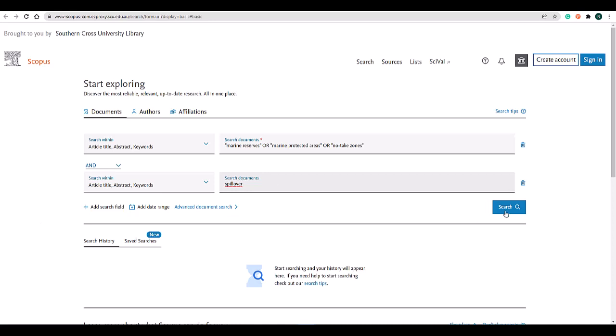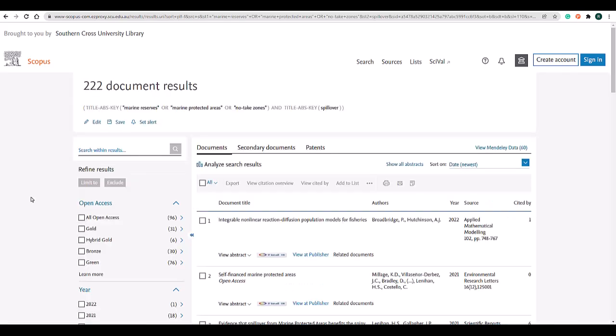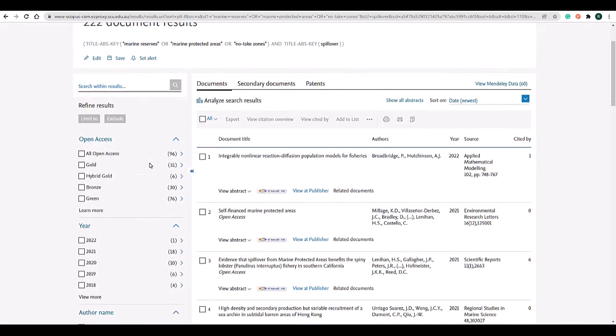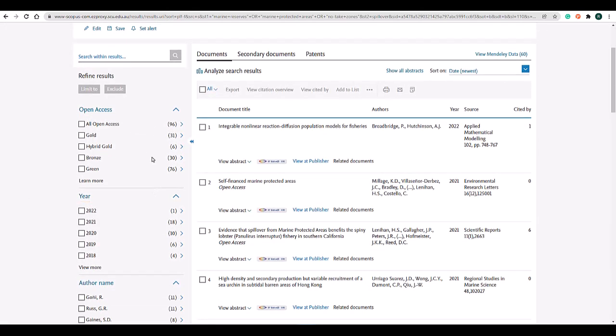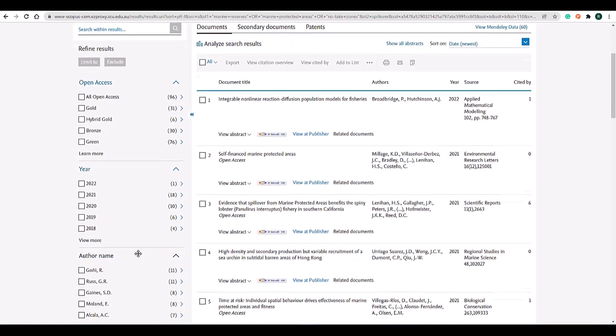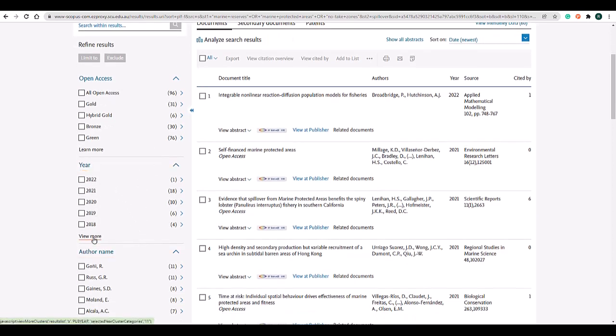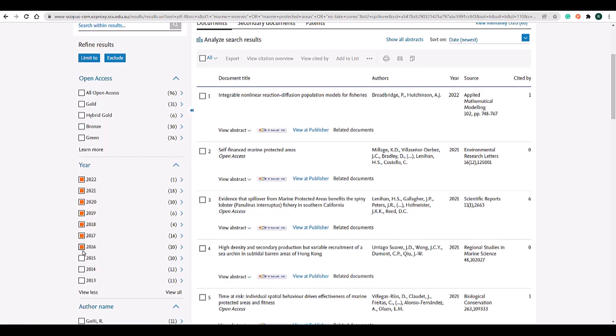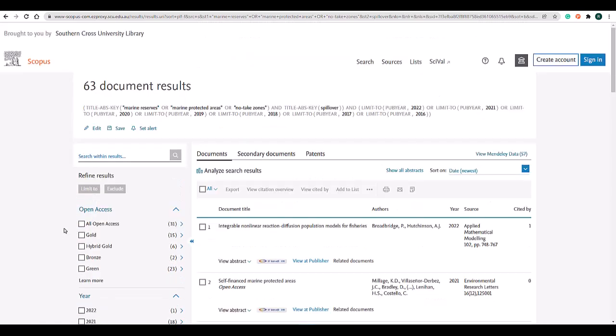This is the search results page. On the left-hand side of the screen, there are a number of limits that you can apply to your search. The most useful for you at this stage will be the year. So if you would only like to read recent research, you can click the year range here that you would like to limit your results to. So for example, I can just choose to search back to 2016. You might notice that there is no limit for peer reviewed,